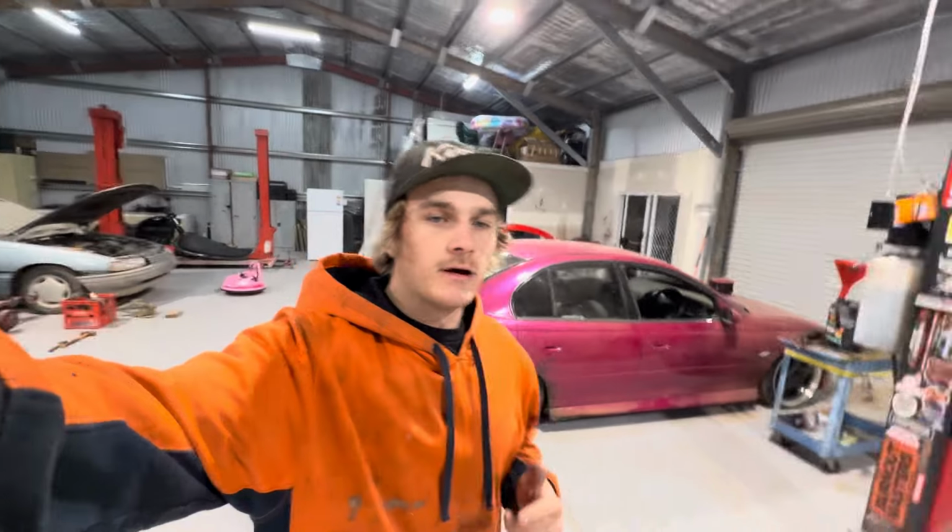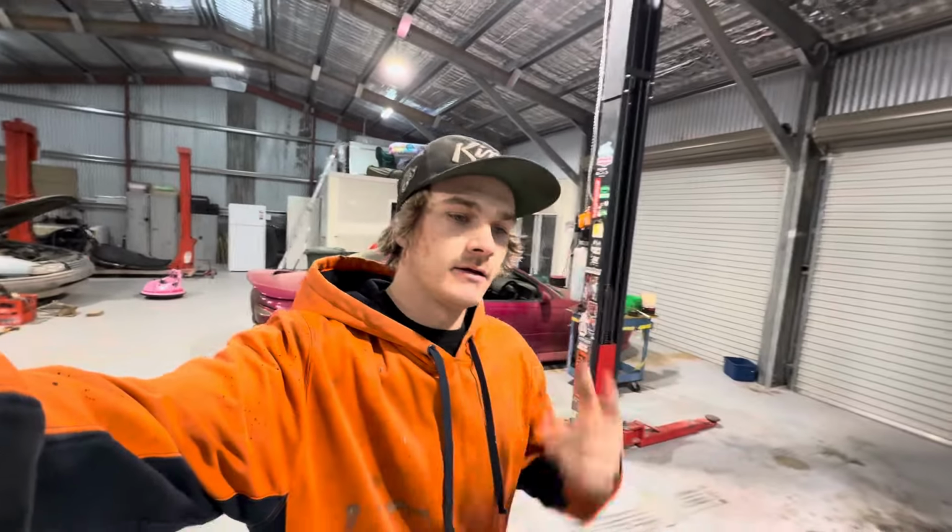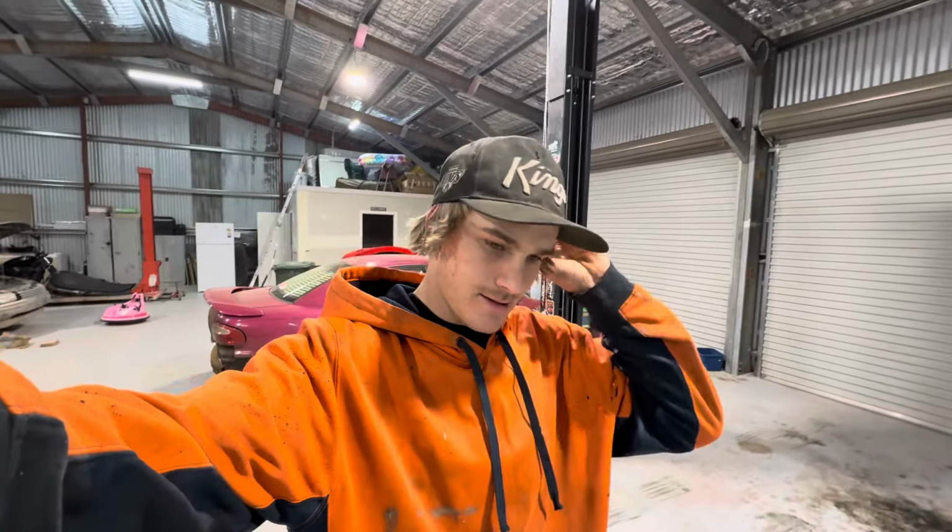So welcome back, guys, back out here in the shed. Now, a lot of you have been asking when the Ute's coming back, when am I going to be doing work on the Ute? Well, the answer is I'm not too sure, but I may have something that you guys might like. So here we are,